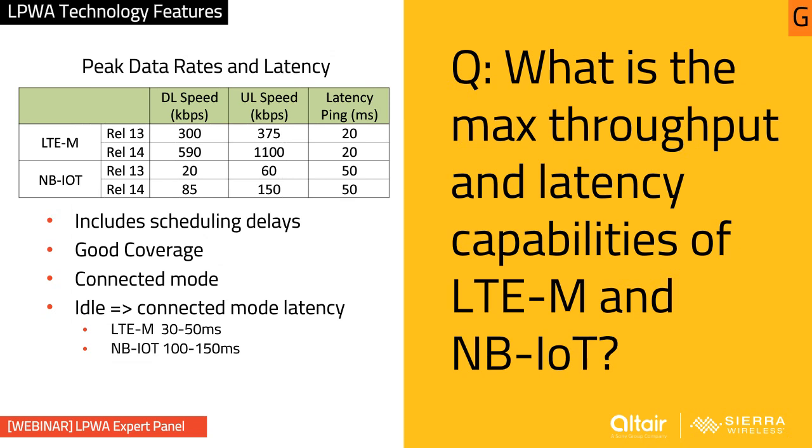The latency numbers you see on the right assume the device is in what they call connected mode. This means the device has sent data within the last 10 seconds or so. If the device hasn't sent data in the last 10 seconds, it would drop into what they call idle mode, and then there needs to be a transition from idle to connected, which takes, as you can see on the last few bullets, a fair bit of time. So that would have to be added to the top right numbers as well, if that was the case. So hopefully that answers the question.